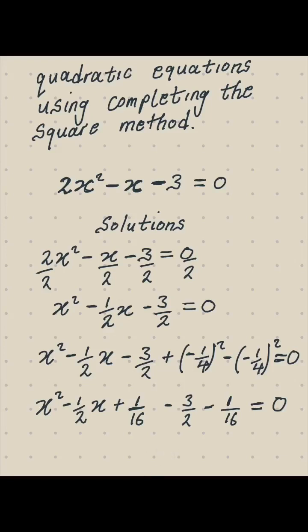Now here is what you have to do. These you've grouped together, so you have to deal with them together. This negative 3 over 2 minus 1 over 16. And then this,